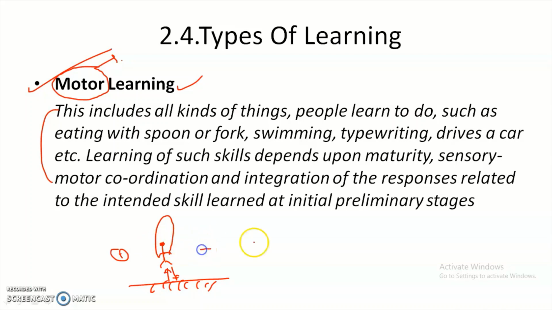But after practicing and practicing, he will definitely learn from the past mistakes. He learns how much energy he has to apply to jump up, such that the rope will come and go back, and again come and go back. So he has to jump continuously. Like that, his mind will give proper signals to the hands and proper signals to the legs. The legs and hands are nothing but motor types of movements, right?